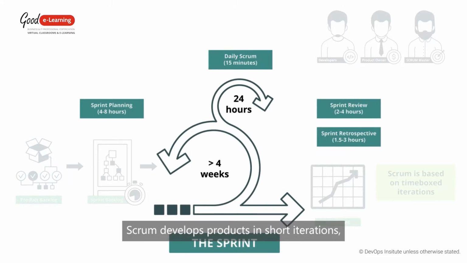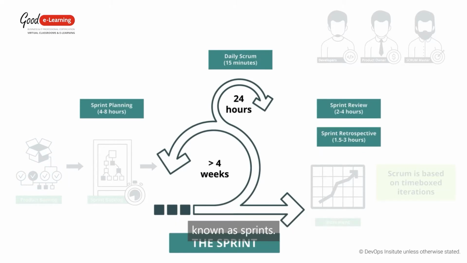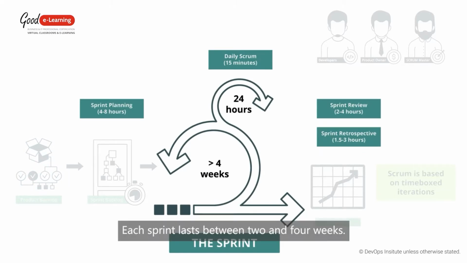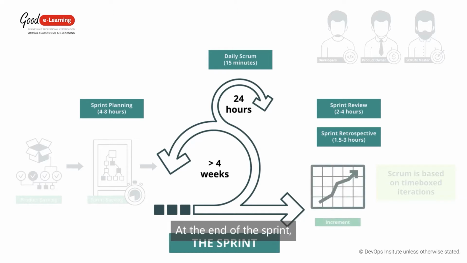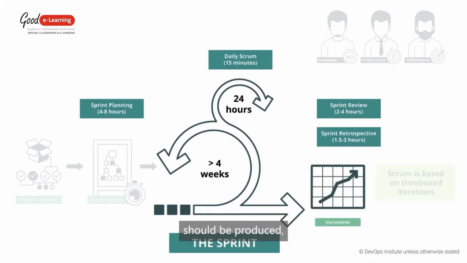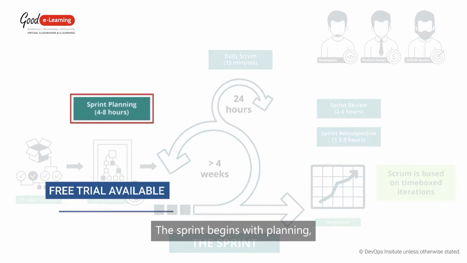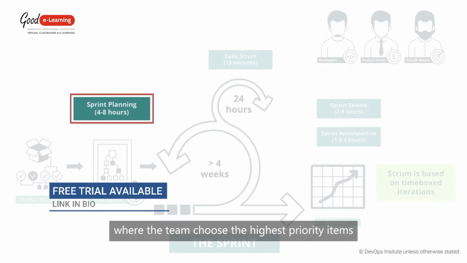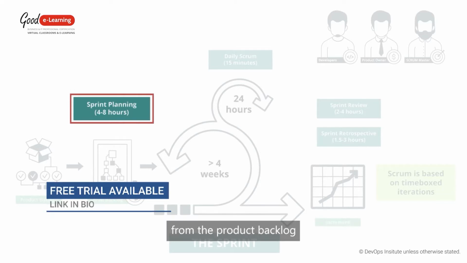Scrum develops products in short iterations, known as sprints. Each sprint lasts between 2 and 4 weeks. At the end of the sprint, a potentially shippable piece of the final product should be produced, known as an increment. The sprint begins with planning, where the team choose the highest priority items from the product backlog and decide